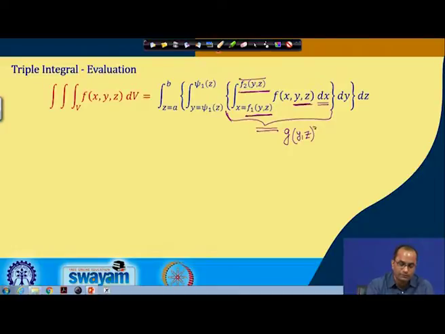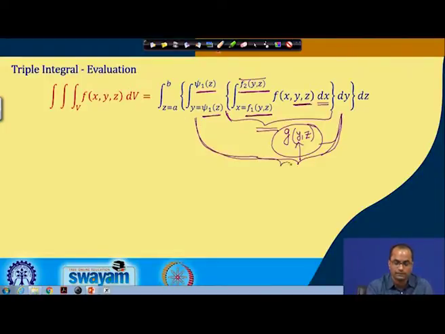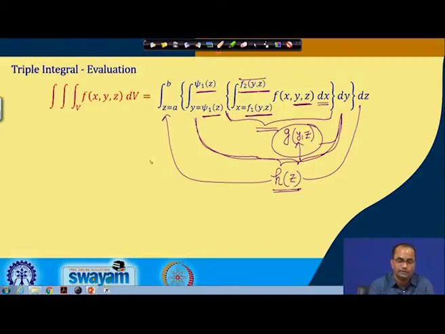Once we have evaluated the inner integral, we go to the outer one, with respect to y. The limits of y can be functions of z. After the integration of this second inner integral, we will get some function of z, and at the end we will integrate it with respect to z, and now the limit has to be constant, because